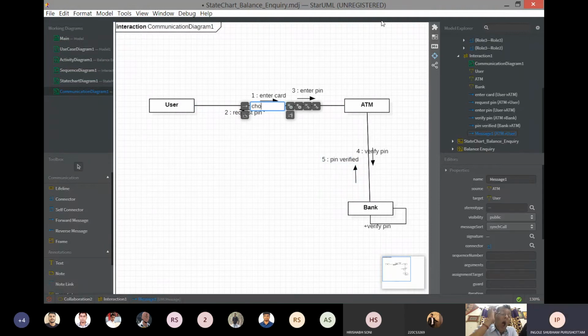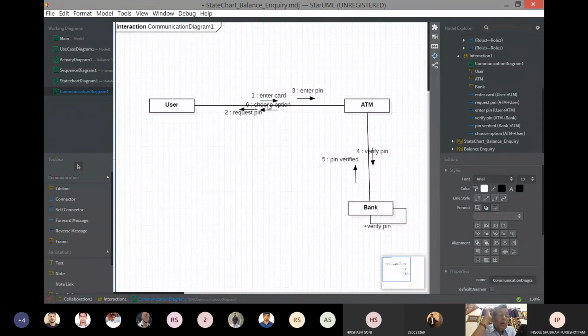Then choose option. Same as we have seen in the sequence, asking user for the option. We are selecting balance inquiry. Then the forward message.